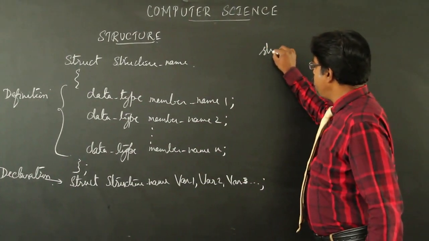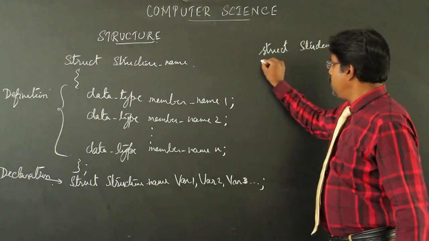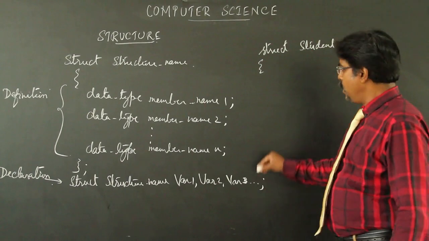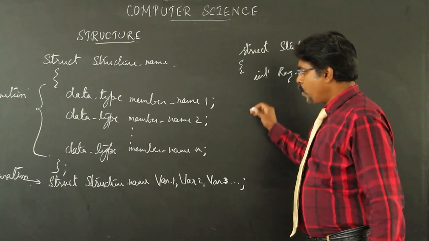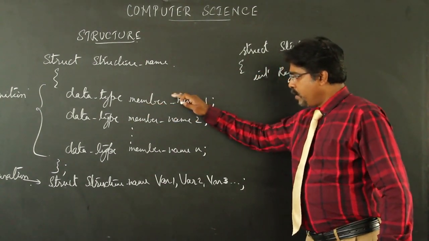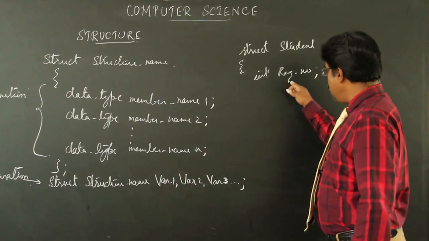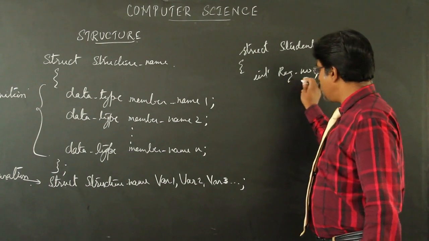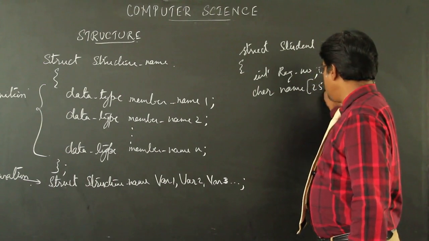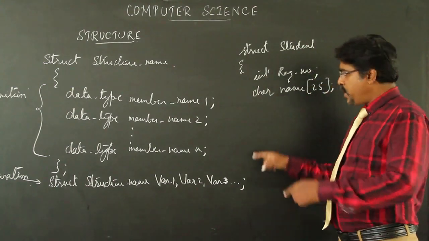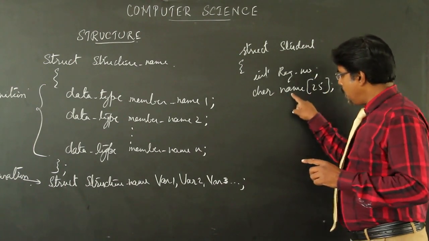Struct, I say, then I take a student record as an example. So student is the name of the structure. Then int register number. Please follow carefully. These are the members, and here I'm going to write the members of different data types. So int register_number, then char name of 25. Previously we discussed an array. I am taking a character array. A character array, when we are going to store, we are going to use as a string also.